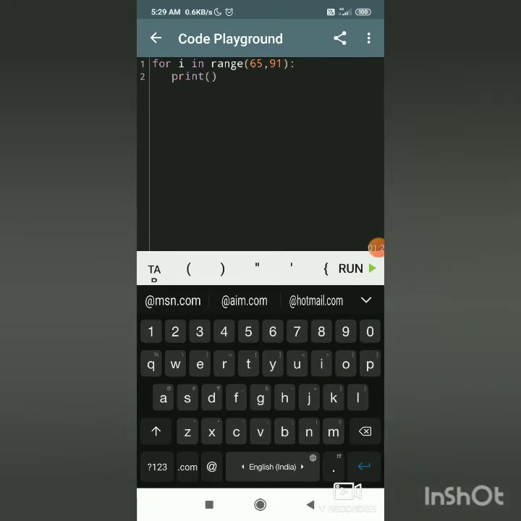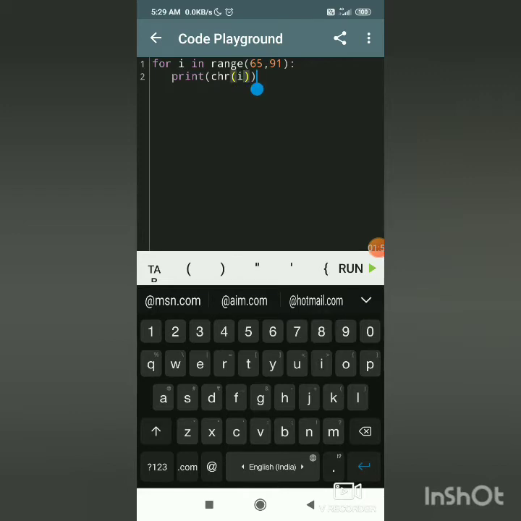We already have a chr function. With the help of that chr function, we can convert a numerical value into its character value. Basically here we pass in the ASCII value, and based on that ASCII value it will be converted into its character value. Inside this chr we pass the numerical value, that is, the i value will be from 65 to 90, in that range. So here we are passing this i.